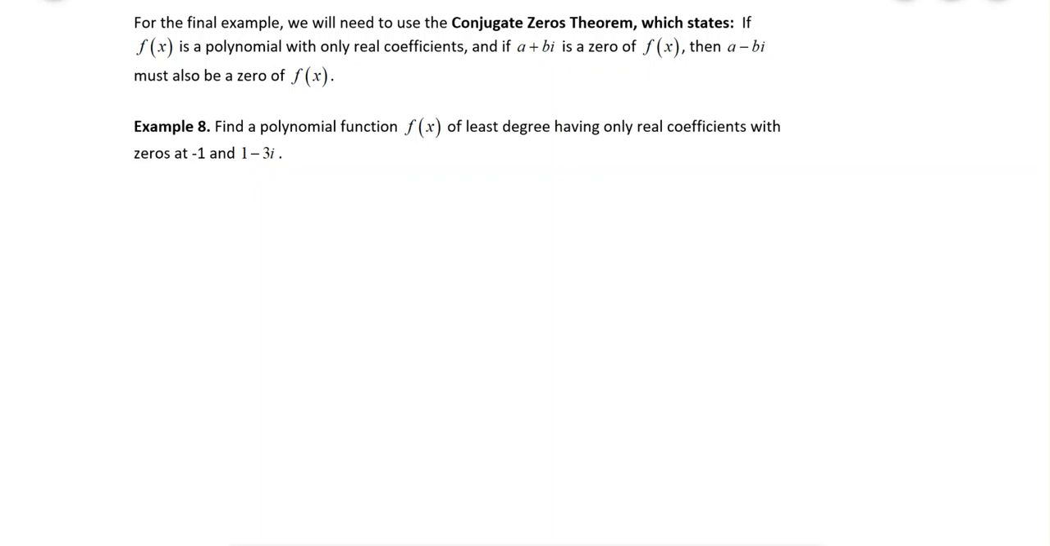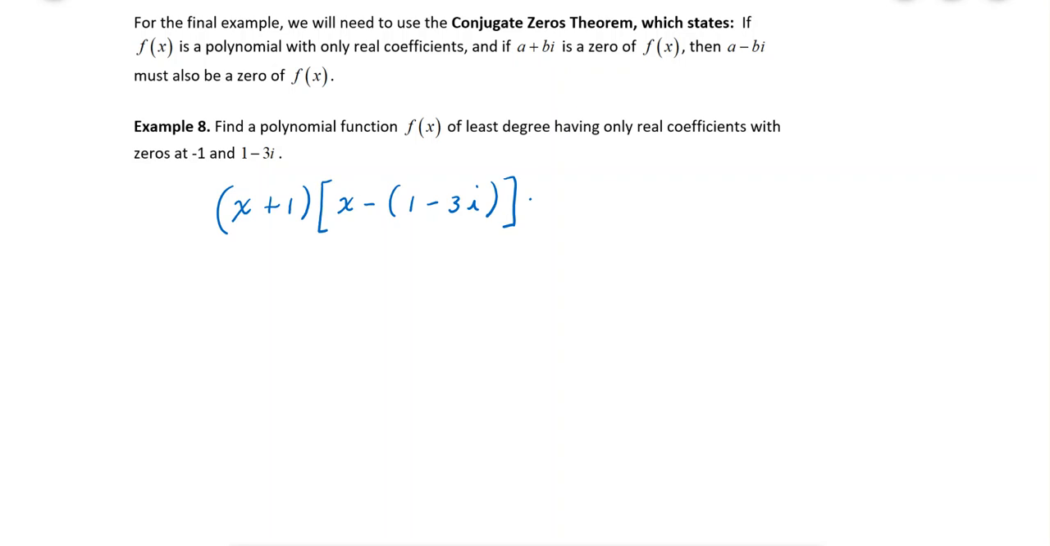Since there's a 0 at -1, there must be a factor x minus -1, or x plus 1. There's also a 0 at 1 minus 3i, and so we can write a factor x minus (1 minus 3i). We haven't written factors like that before, but we could have. We didn't have any use for it, and so we avoided it. But